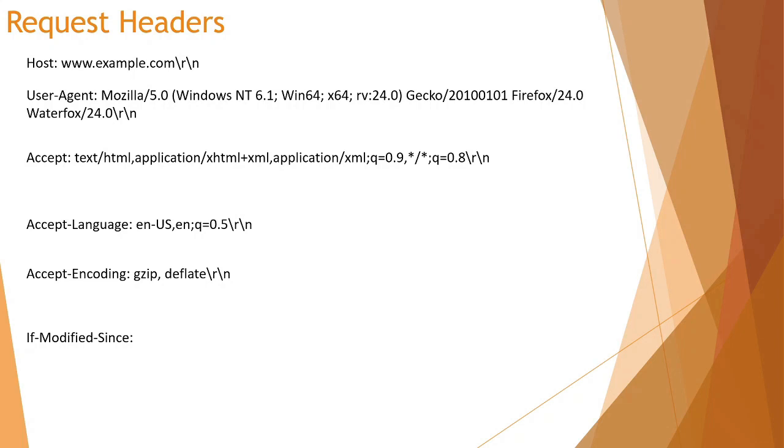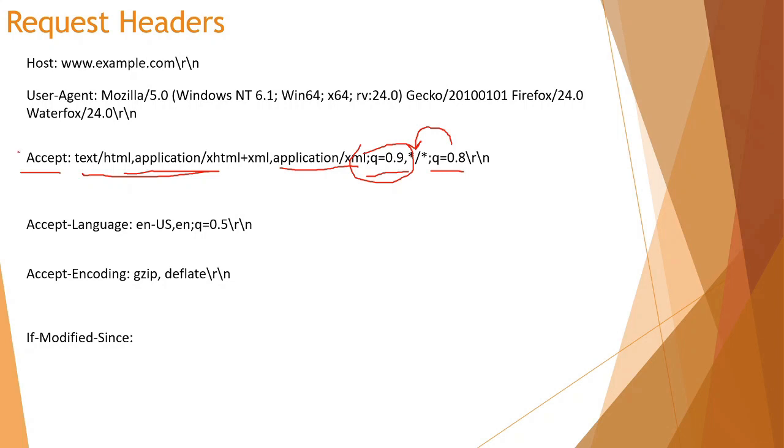And here at the end of the Accept header, you can see that q equals 0.9, and similarly q equals 0.8, and here there is no q value. So the q value 0.9 is related to application/xml, and q value 0.8 belongs to the wildcard. Let's discuss what it means.